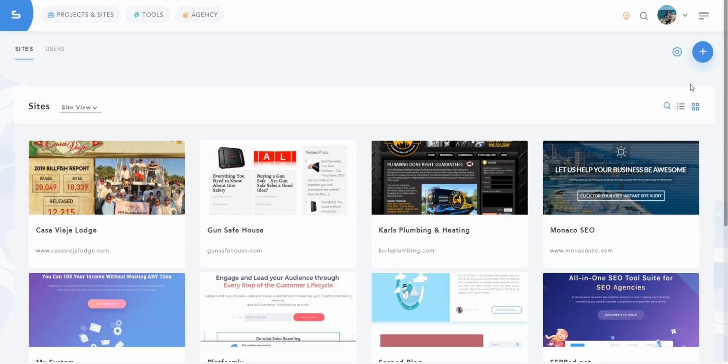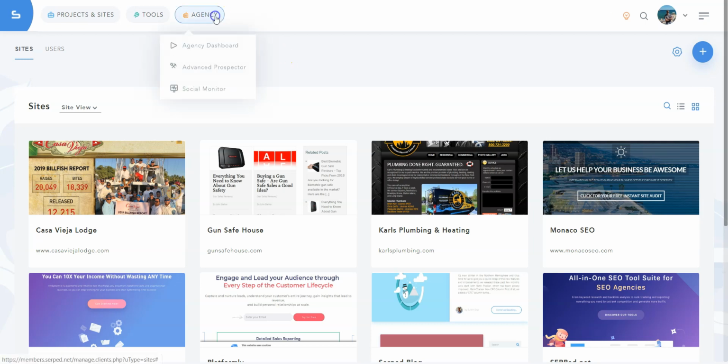Client dashboards are a great way of strengthening your client relationships by being transparent and letting clients track their performance at any time. SERP Agency also helps you find more SEO leads and clients, as well as monitor social activity and track social performance. For now, let's focus on client dashboards.